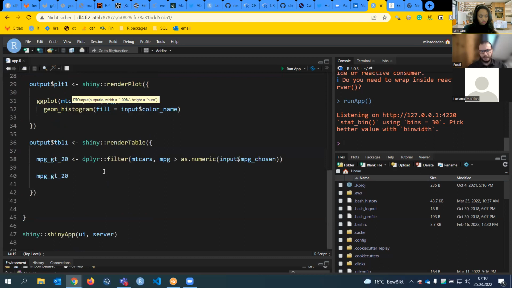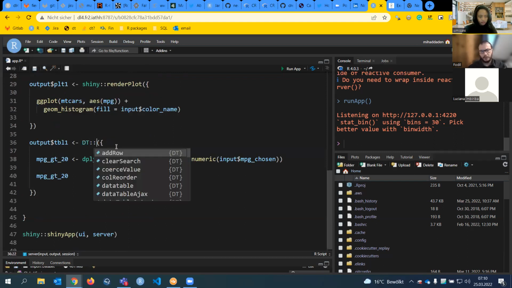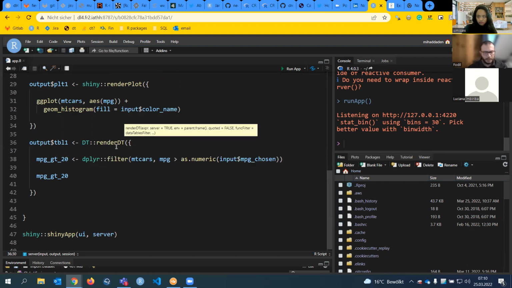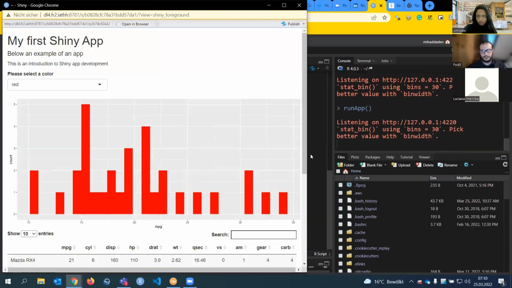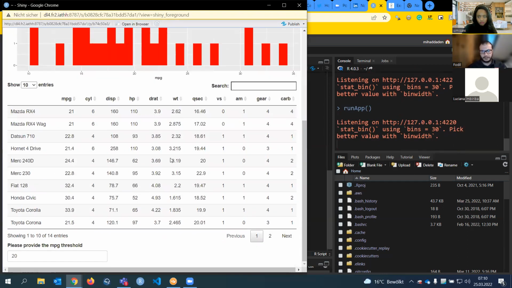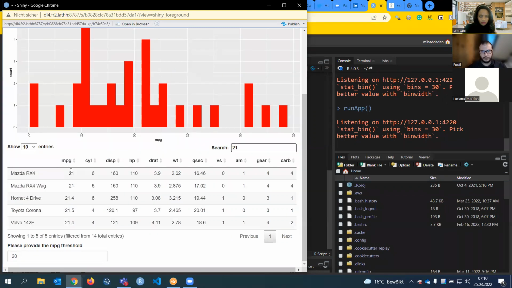And instead of Shiny renderTable, I will put renderDT, for data table. Then I will run the app, and I will have an interactive table instead of a static table. So here I can just scroll. I can search for something. I can search for 21, and I will have the values that have 21.